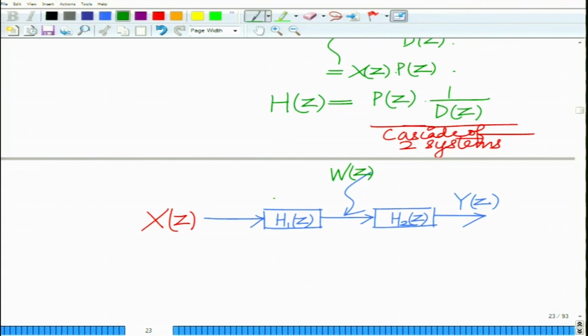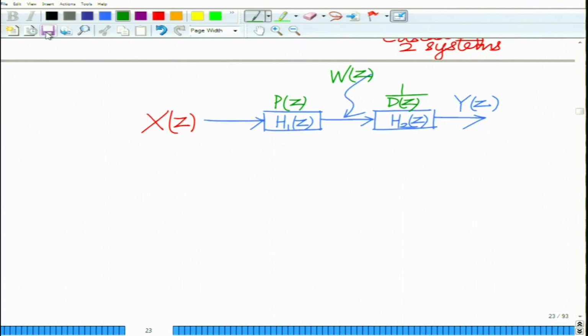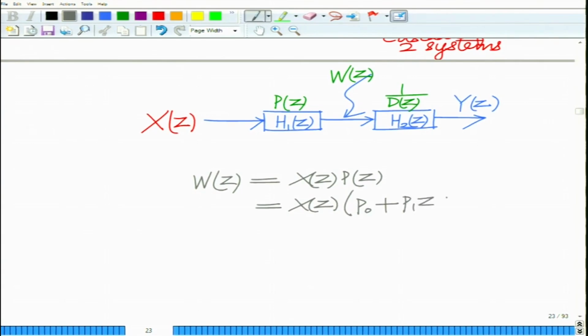So, H1(z) is basically your P(z), and H2(z) is your 1 over D(z). Now, let us look at W(z). You can see W(z) equals X(z) into P(z), which is X(z) into P0 plus P1 z inverse plus P2 z minus 2 plus P3 z minus 3,